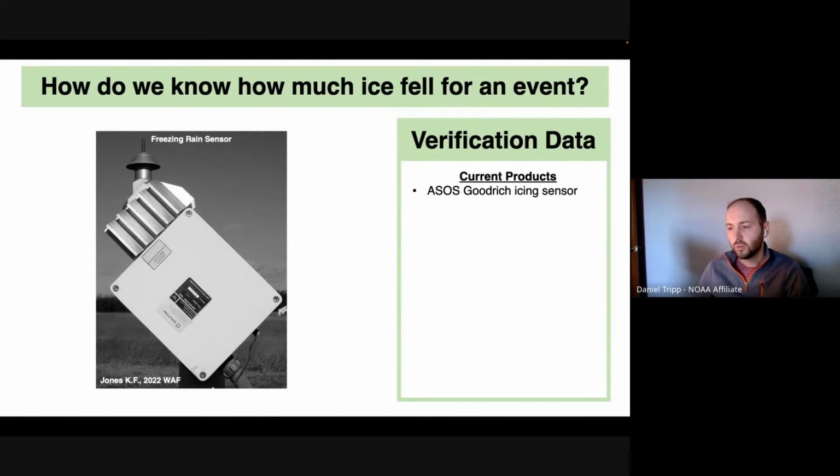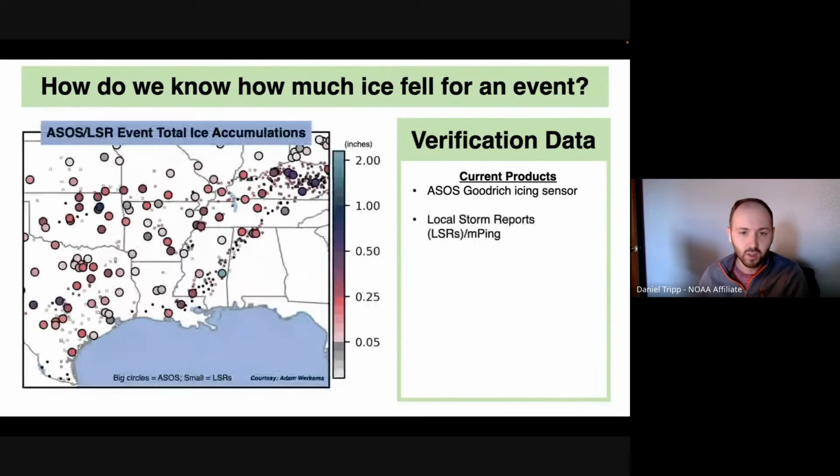So when we think about freezing rain and verifying how much ice has fallen for an event, the number one gold standard source for verification data out there is the Goodrich icing sensor. I'm sure you guys are all familiar with that. If you're trying to get another more broad picture of where all ice has fallen, you might expand your search a little bit more to local storm reports, or maybe even mPING reports to see where stuff is. This picture on the left here is a mixture of ASOS Goodrich and LSRs. So you can kind of see maybe an estimate of how much ice has fallen for an event looking retrospectively